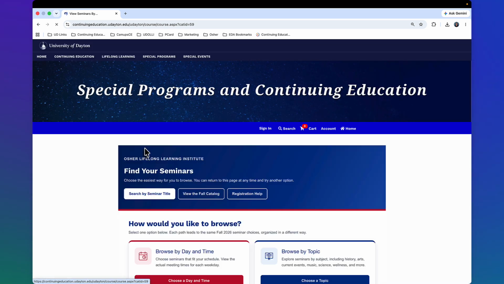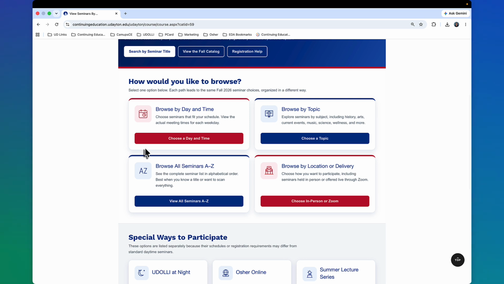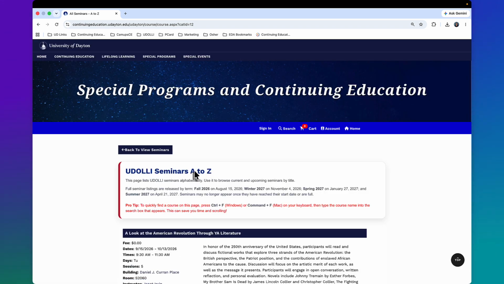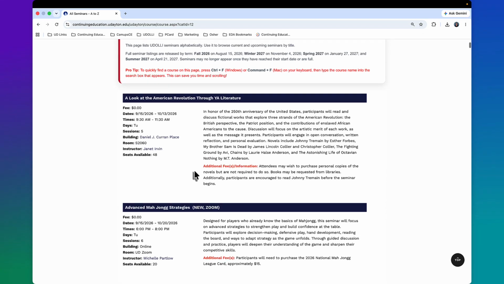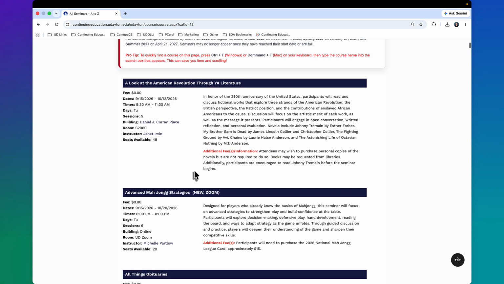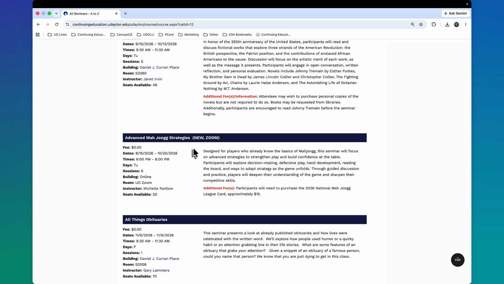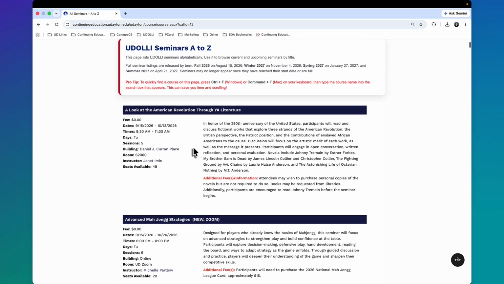The way I like to search, I find this the fastest way to search and browse on registration day, is to view all seminars A to Z. If you click on that, you can just go right down the page. It does take a little longer to load because we have all of the seminars listed on this page. So you can either just scroll through quietly and slowly going A to Z, or